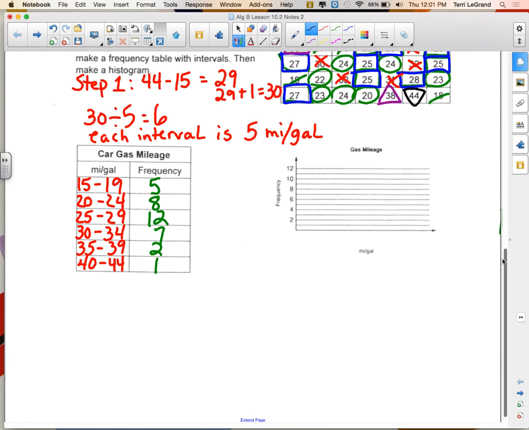Now, we don't start right here in the corner because we don't start at 0 miles per gallon, so we don't really want to start in that corner. What you're going to do is make a little tick mark really close to the corner, and then with your